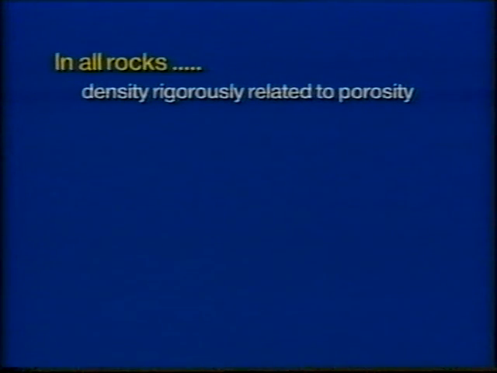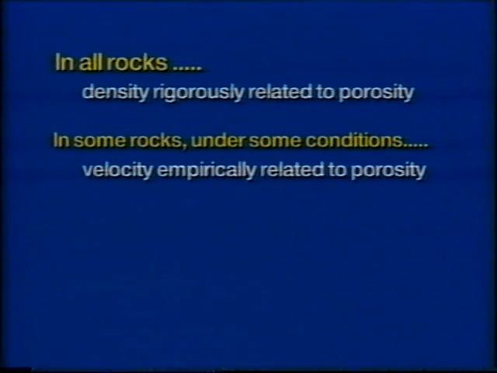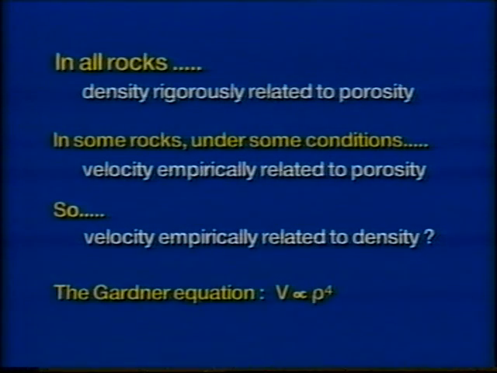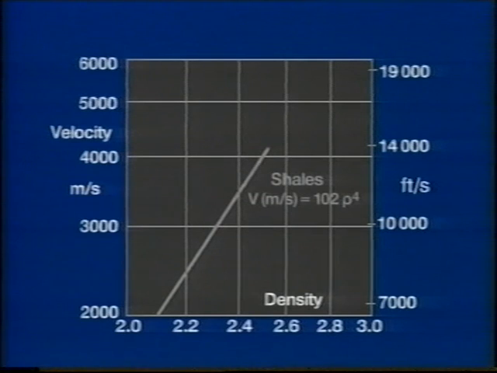We have agreed that in all rocks the density is rigorously related to the porosity, and that in some rocks under some conditions the velocity may also be related to the porosity. This suggests that we look for a direct relation between density and velocity. Empirically, it seems sound to relate velocity to the fourth power of density, what we call the Gardner relation. Thus, if we plot a large number of observations on shales worldwide, we get a result like this, with logarithmic scales to show up any power law relation. And there it is, velocity given by about 100 times density to the fourth,